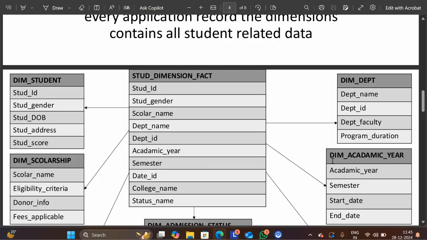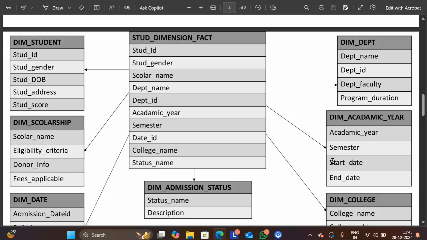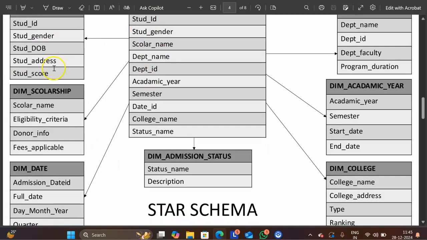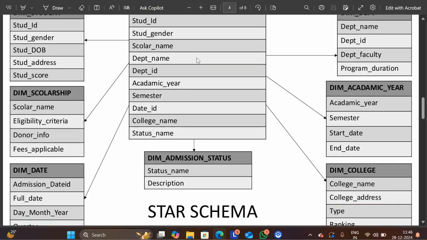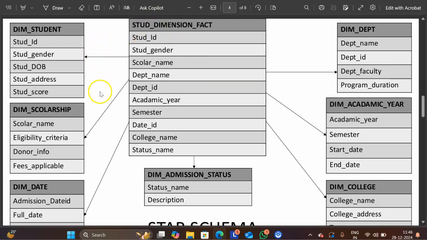Now, let's see the example of our video. Here we have Student Admissions Fact, which is the fact table of our video, and the other tables are dimension tables, which contain all the dimensions in them. One of the dimensions in each is a primary key, which goes in the fact table as a foreign key, which helps us to make queries which are interconnected to each other.